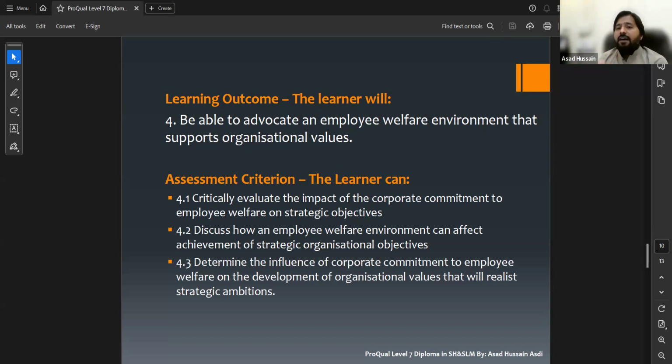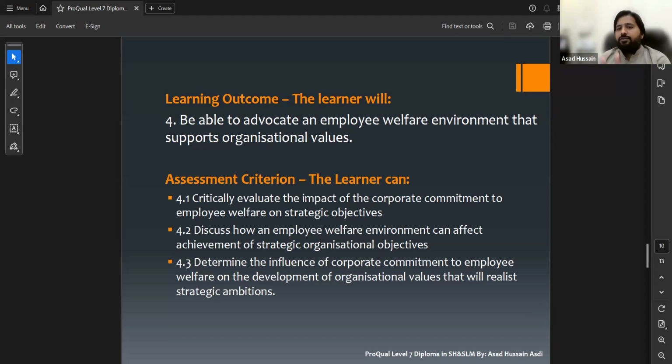So a candidate has to explain with regard to his organization, in case of his organization's strategic commitment, how their corporate culture, how their corporate structure is actually working for employee welfare, and how it is adding to the organizational values when it comes to strategic ambitions.